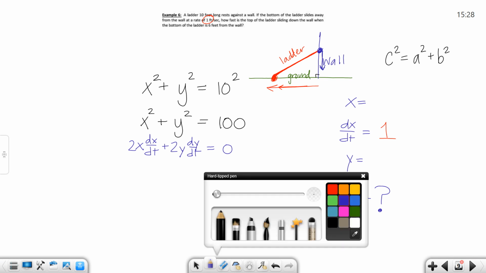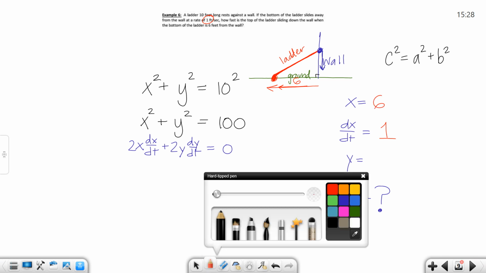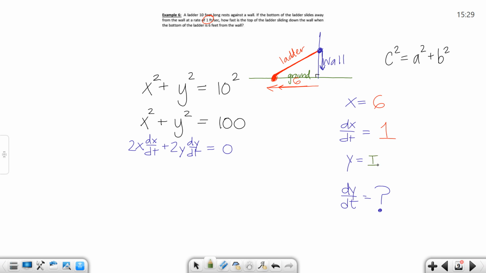It tells you that the bottom of the ladder is 6 feet from the wall. Notice that doesn't say a rate. It just says, hey, this distance right here is 6. So that means x is going to be 6. But I don't know y, and I have to know y in order to solve the problem. I also know that the y I'm looking for here is not a derivative. So remember, we talked about this in a previous video,